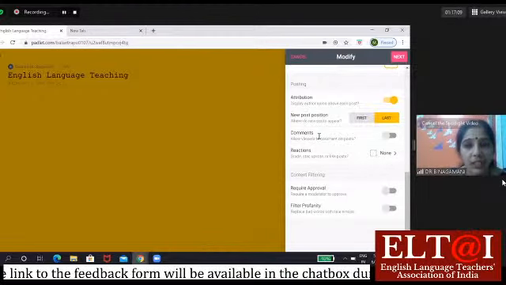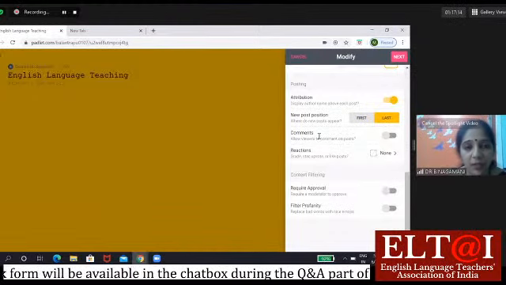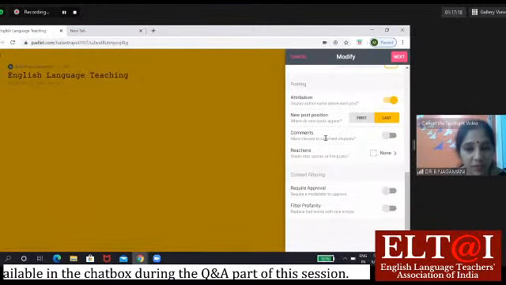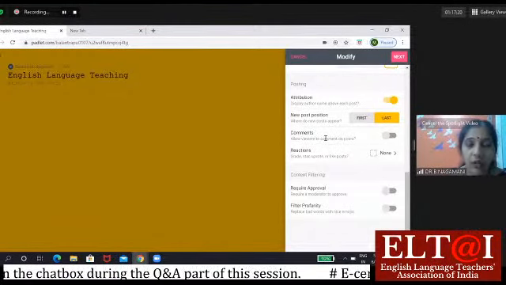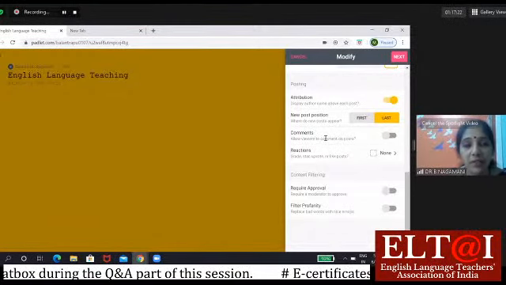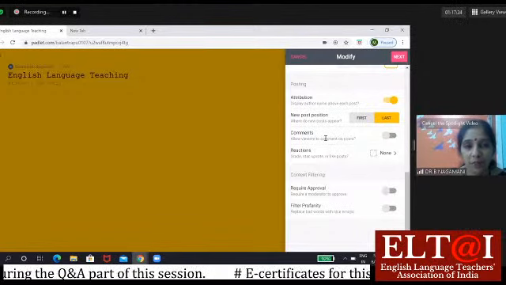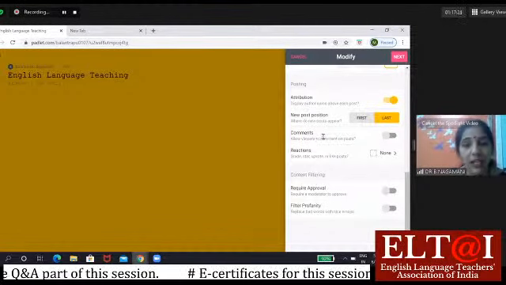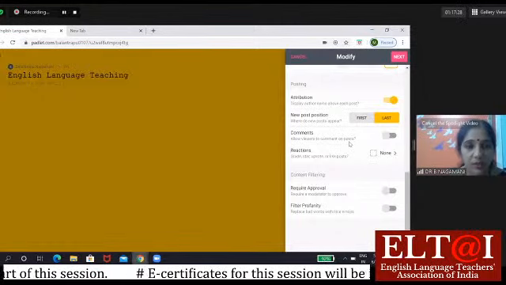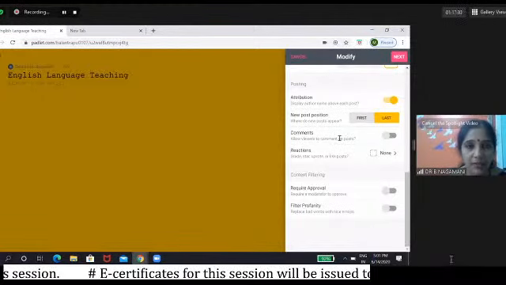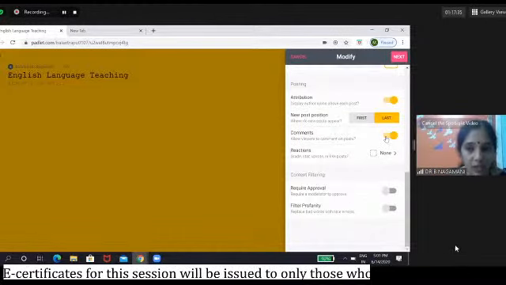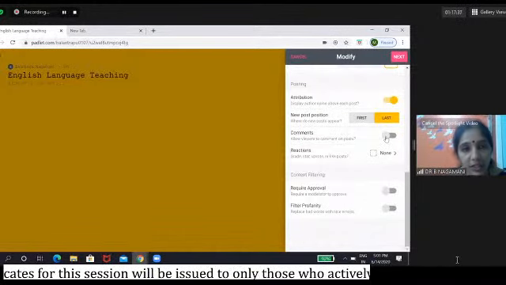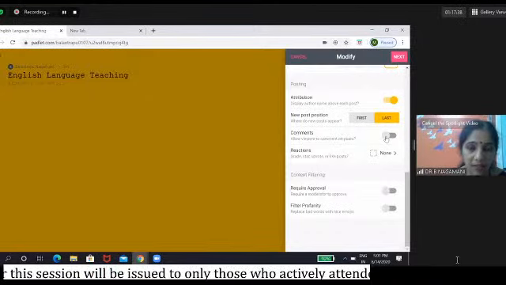Now, under the comment section, we need to be very careful, because the Padlet wall is vulnerable if we accept this without rethinking the purposes for which we use the wall. For example, allow viewers to comment on posts. If we accept this, there is every chance of misusing this Padlet wall. So my suggestion is not to accept that.